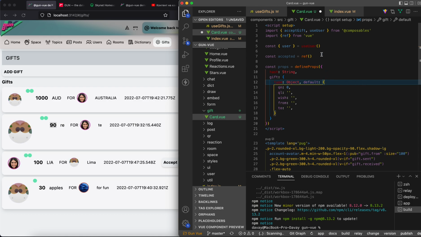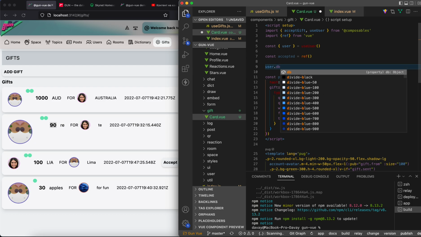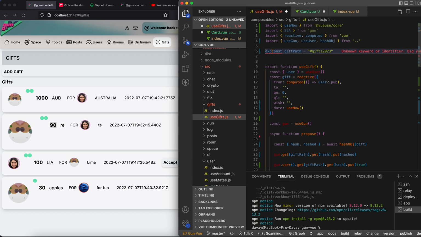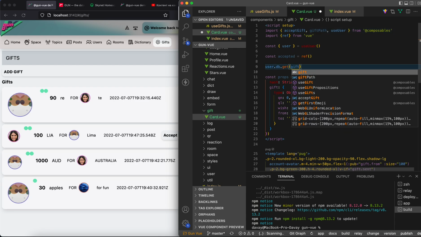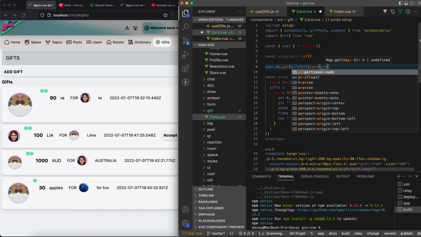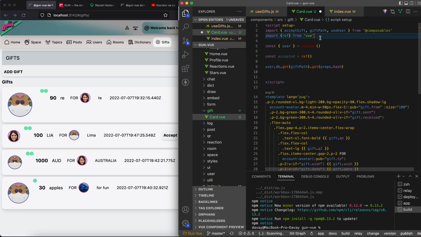Yes, and here we will have that user.db.get, let's say export. For now it will be nice to have the gift path here, get gift path, and then get props hash, and the props should float up here,